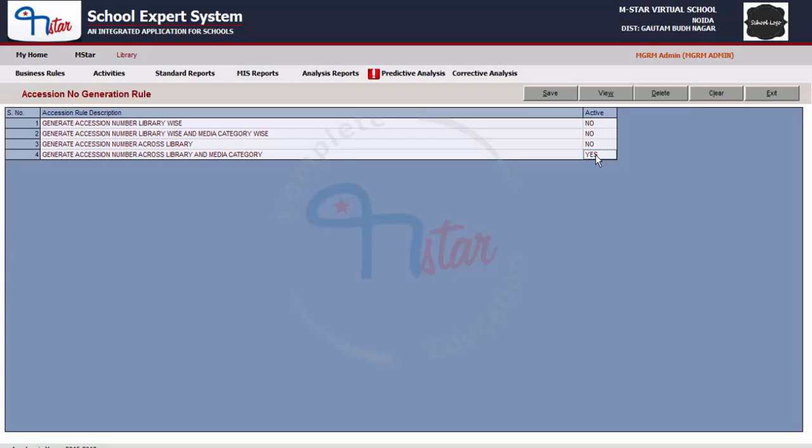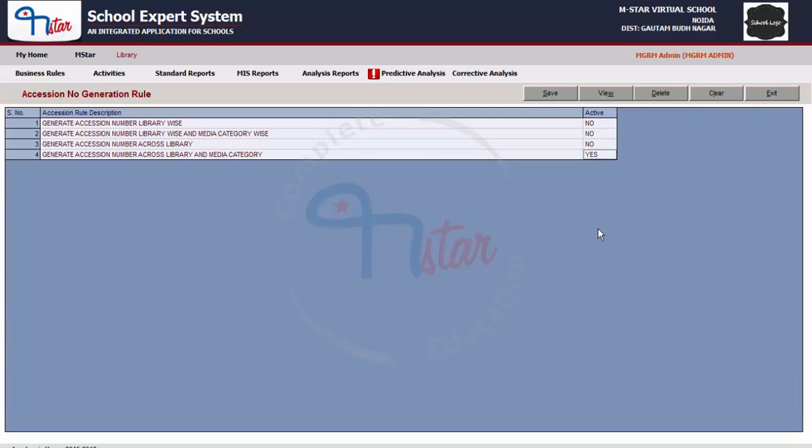By default, when you open the screen for the first time, the status against all these rules is No and the applicable status has to be clicked and made Yes. So make the applicable rule applicable and click on button Save. As you click on the button Save, the data saving confirmation message will be received. But remember that this rule has to be created as the first step before entering any media. Once you have entered the media, it will not allow you to update or create this rule.